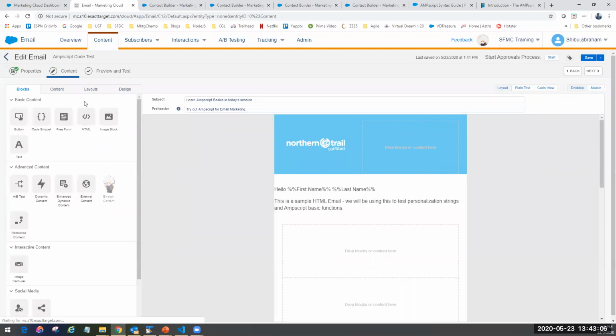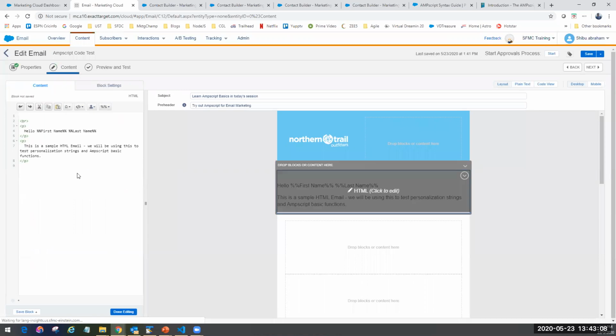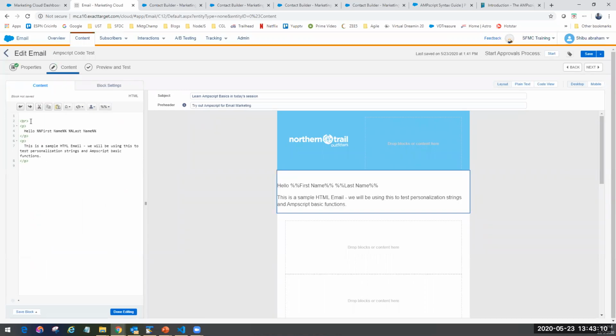Okay, so we'll use this block here to show different code snippets as we go through the session that we want to try out, and then it's easy for you to learn as well once we look at the hands-on demo.